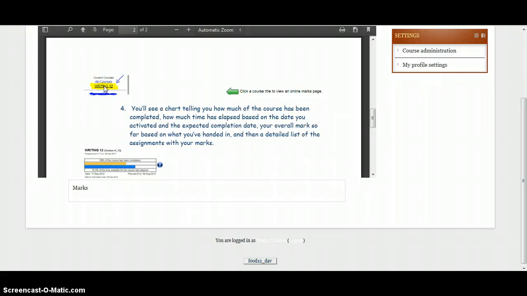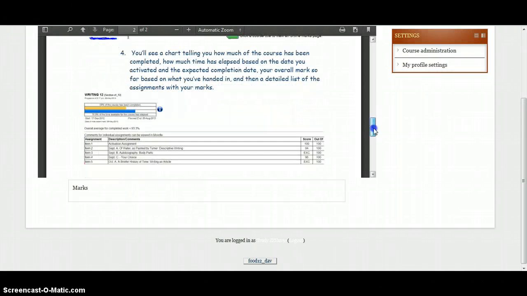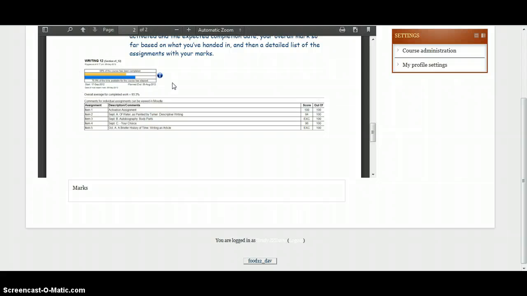Then click on Marks and Report Cards, and you will see all of your eBus courses on the left. Click on the course you want to look at, and you will see a small little chart which will tell you how much of the course has been completed and how much of the time has elapsed. And again, that's based on your start date and the planned end date.